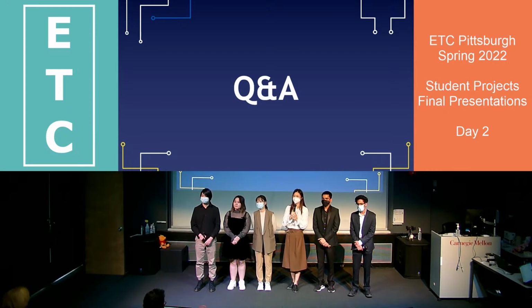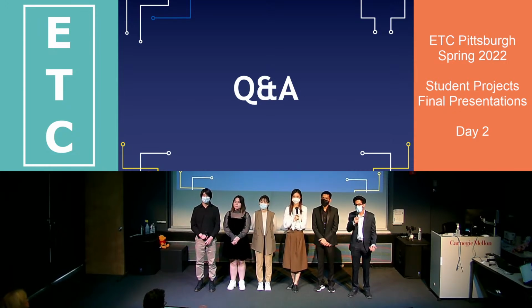Yes, Bob. So for the inputs and the outputs of the neural system, what are they exactly? You had an X input. What does that signify? So the question was, what are the inputs and outputs and what do they signify?